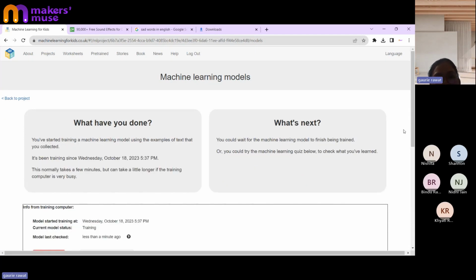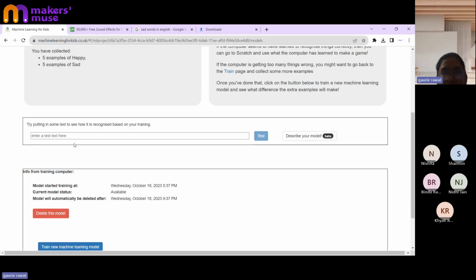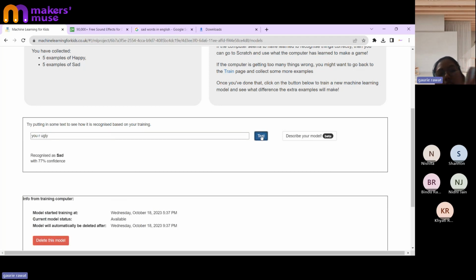Now in order to test it, you have seen that after it runs, a confidence percentage comes up. The confidence percentage basically tells me how accurately the computer can guess whether that's a happy moment or a sad moment. For example, I have added the word ugly. I'm writing some text over here: You are ugly. I click on test, and it recognized with 77% that